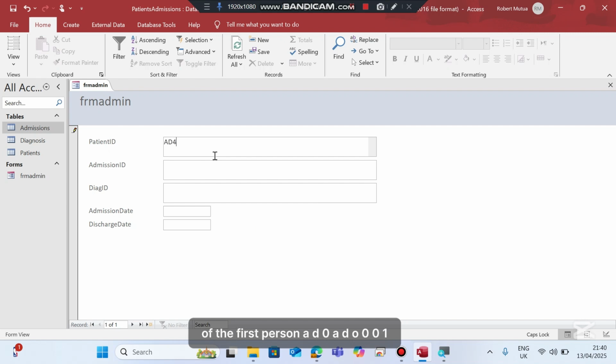AD4001. This is patient ID, sorry. Patient ID here is AB3027. Then admission ID is equal to AD4001. Diagnosis ID is D004. And then admission date is 02/03/2020. Discharge date is equal to 09/03/2020. If I click next,